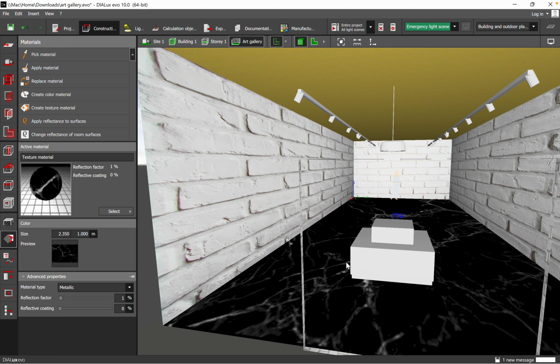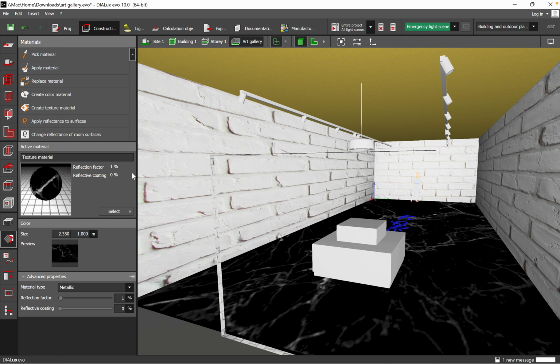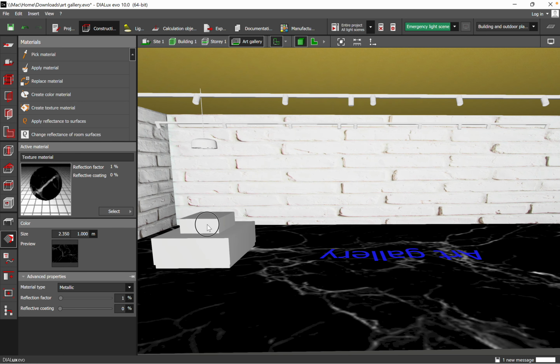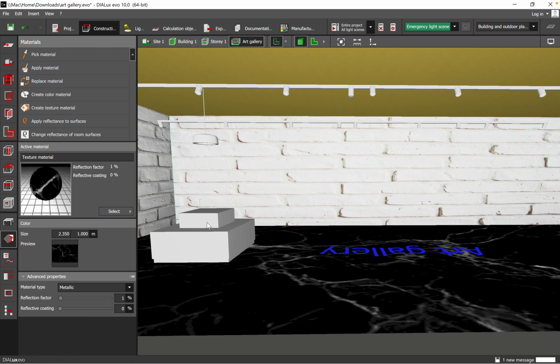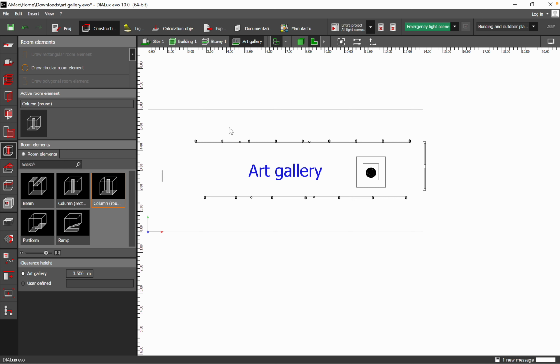And now the next step will be to add also the painting. So we have the paintings, and to do that we definitely need to create a room element with a certain dimension. Let's say we have a painting of 1.5 meters by 1.5 meters, then we need to create it via a room element. For example, we go here,